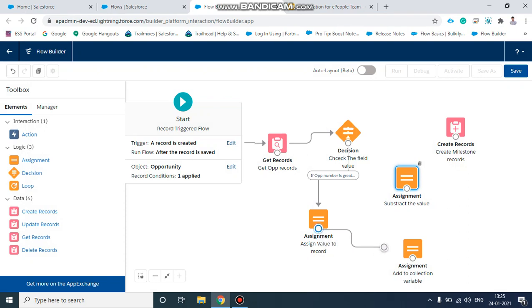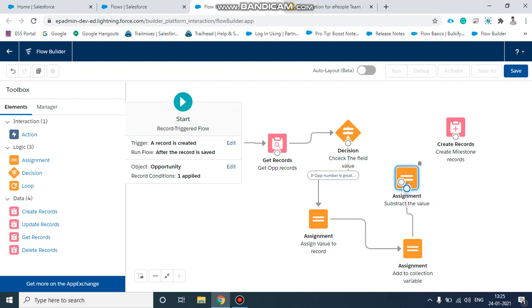After that, whatever value we get, the record variable which stores those values, we'll add those record variables into this collection variable, and we will assign how many are stored. That will be subtracted; if there are 3 records, it will subtract that. Based on that, records will be created.